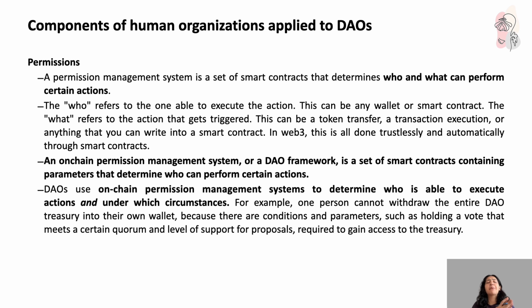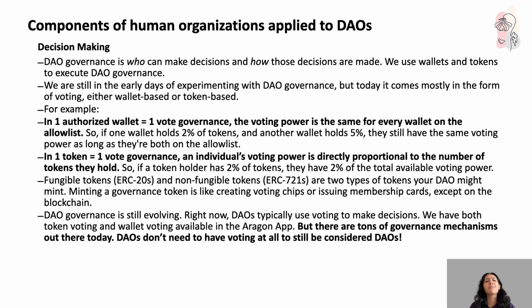It's simple. It's just like permission. What are permissions? They're just rules. Like, okay, if you have 60% votes, release the funds. And the thing is, code is going to enforce these rules. Code is going to enforce the permissions. Code is going to tell who and what can they do, right? That's all.